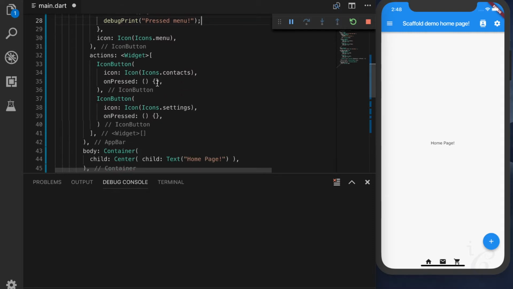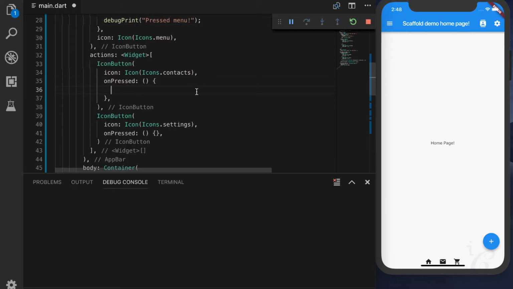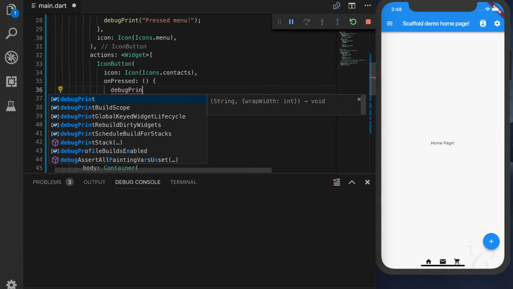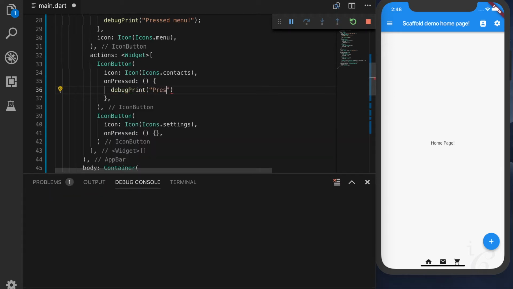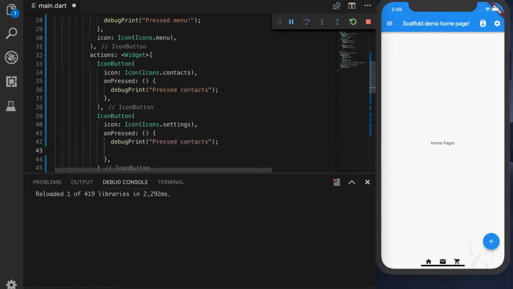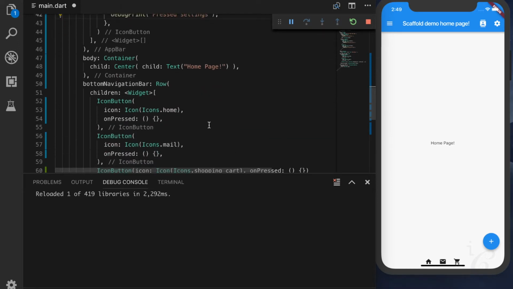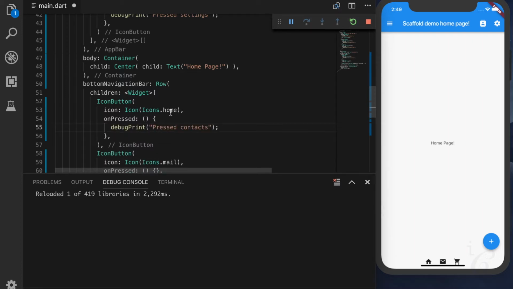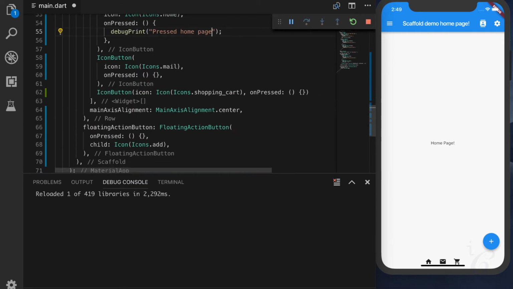The next one is our contacts, so again debug print. Another one I will add is pressed settings. Then we'll add pressed home page.